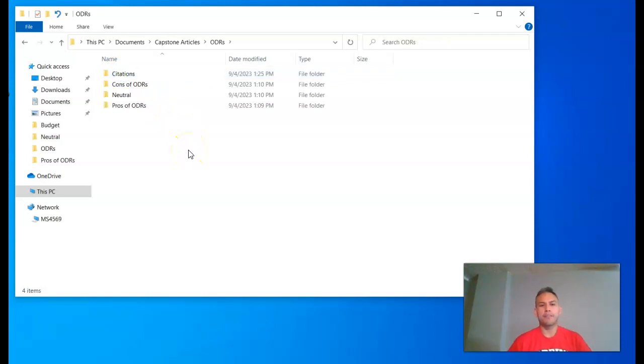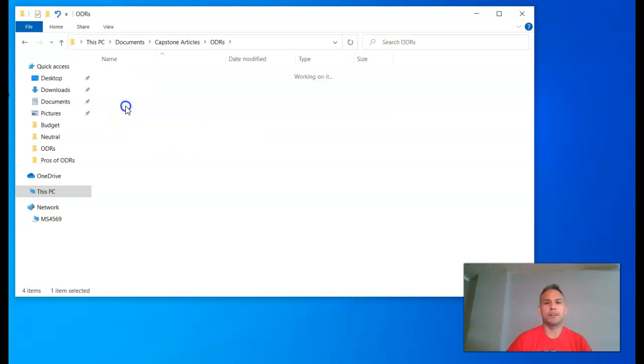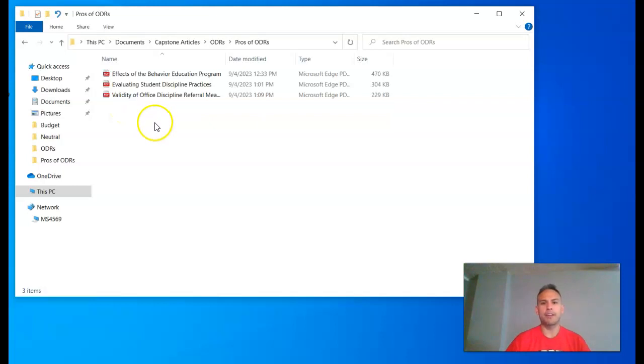So within that folder of the ODRs, I've created 4 folders so far. Just looking into the future of what the assignment is to be, having 2 articles that are pro for what you're looking for and 2 articles that are the opposing of it. So within the pros of ODRs, currently I have 3 different articles